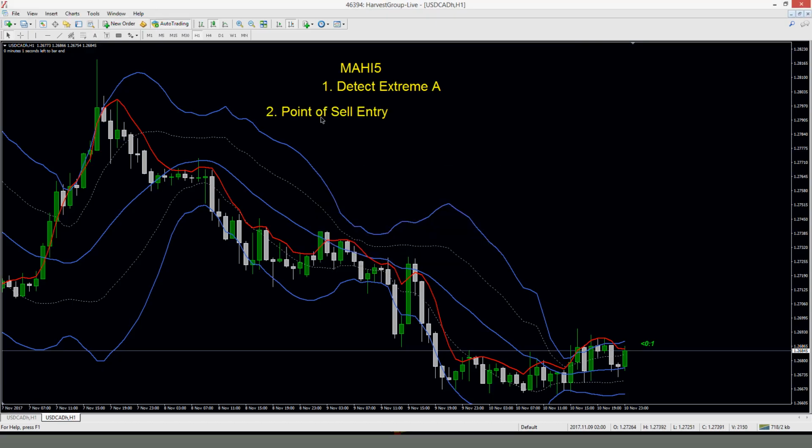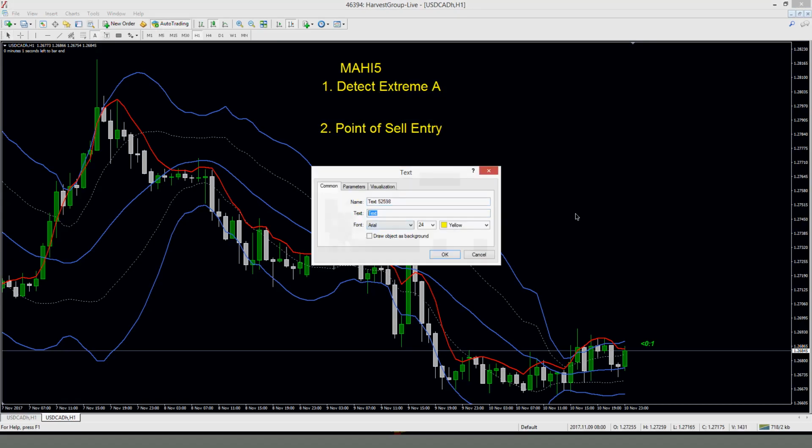All right. So MAHI 5, there are two functions. The first one is to detect extreme A. So the definition of extreme A. Let me just type that in. Extreme A. Definition is